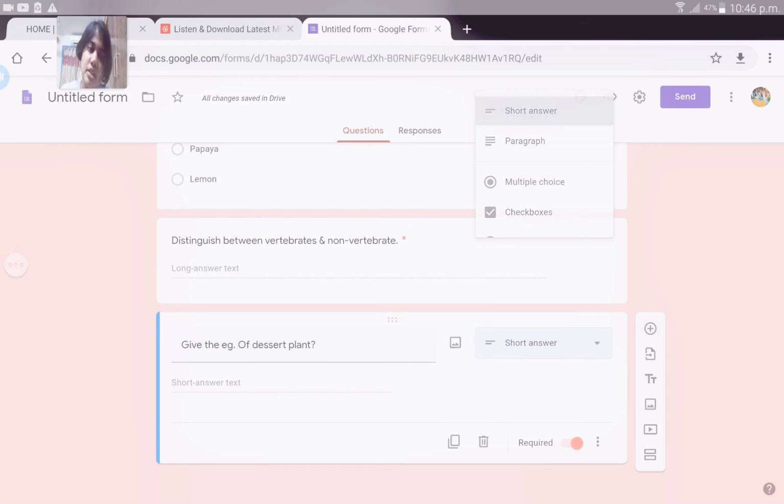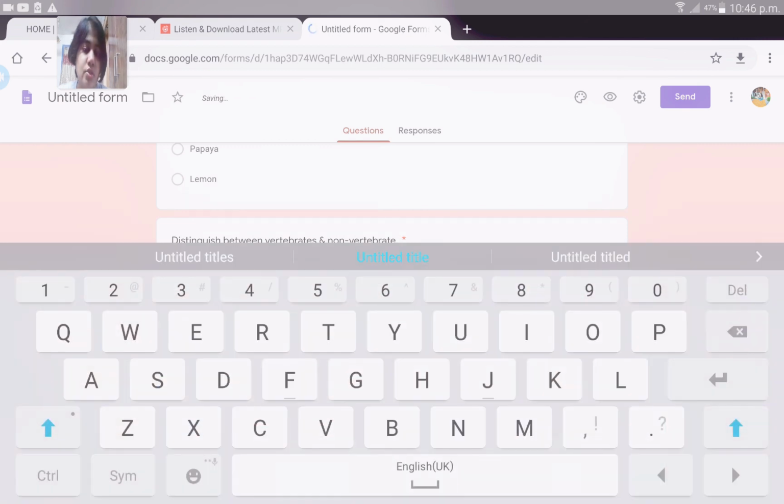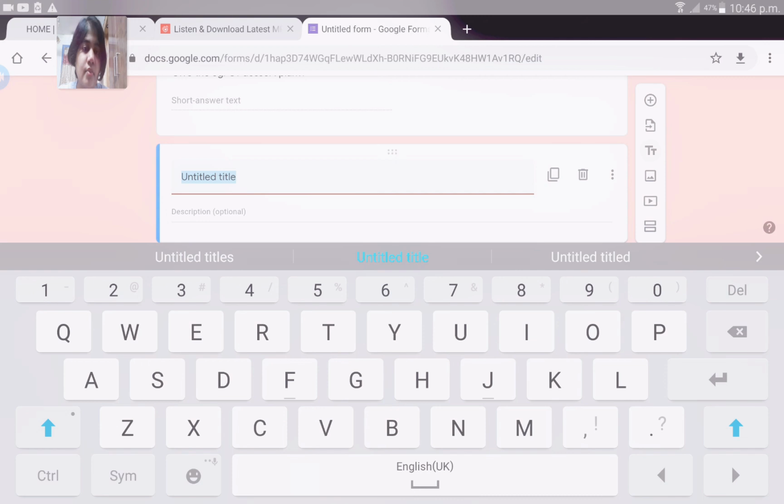Okay, so these are the three different ways where you can add these questions. Now here you can see along with that plus sign these are the options. When I click on T, and once again there is another T, you can give a title to your questions.